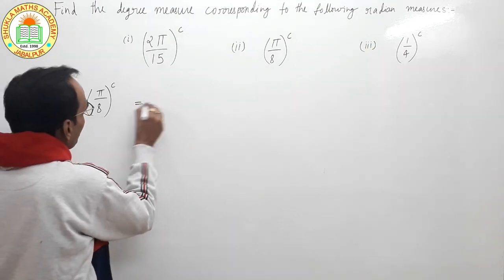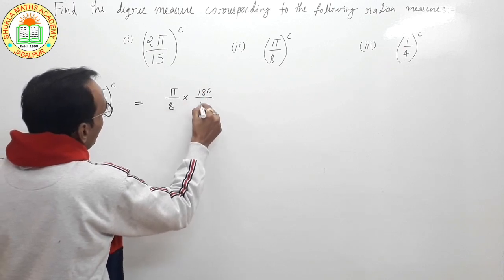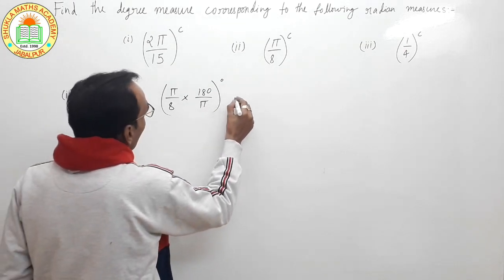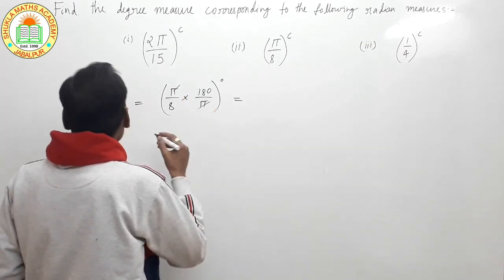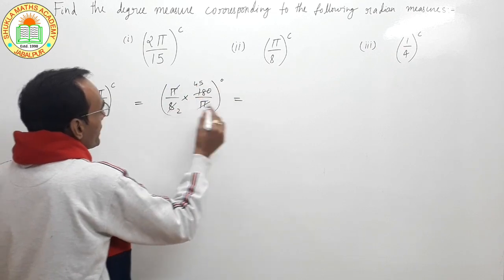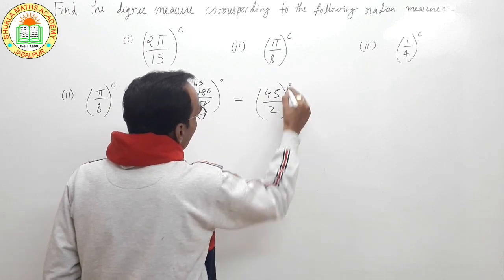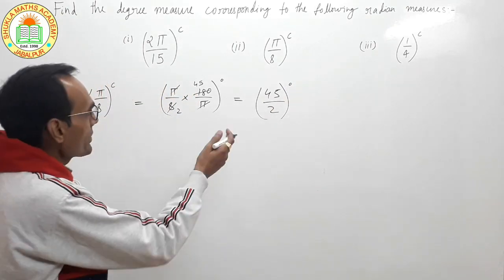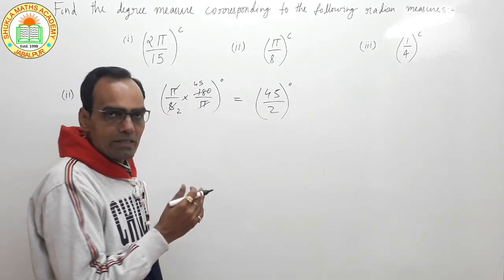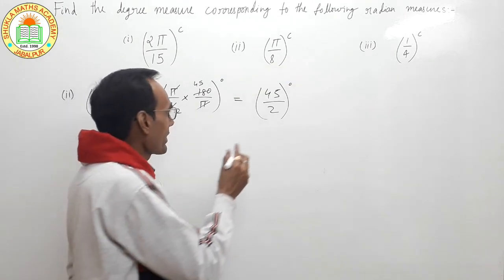We must convert this into degrees by multiplying by 180 by pi, that is in degrees. Now pi will be cancelled, and also cross it. 4 4 ja 16, 4 5 ja 20 and 4 2 ja 8. So it is 45 by 2 in degrees. Now our angle is coming in degrees, but this is a fraction. So when we get a fraction, we must convert it into 3 forms by dividing this, right?